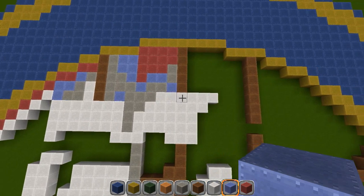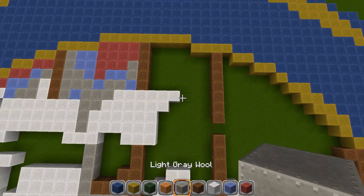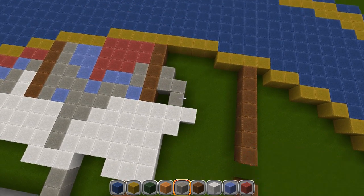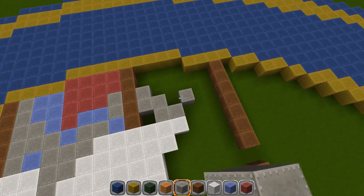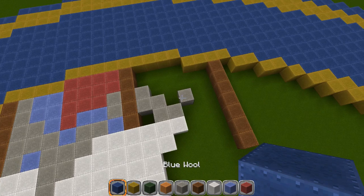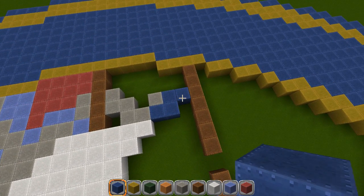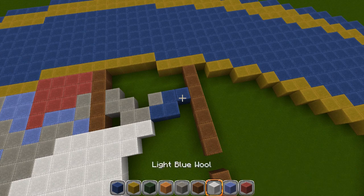All right, we're just working our way around. Back to our light gray. On the third block right here, go 1, 2, 1, 1, 1, and then up by diagonal by 1. We're going to flip over to our dark blue, and we've got a little bit of a flag right here. 1 underneath over, and just make a Z pattern just like that, and then everything in the middle of that